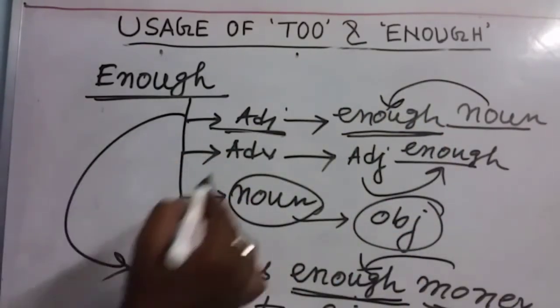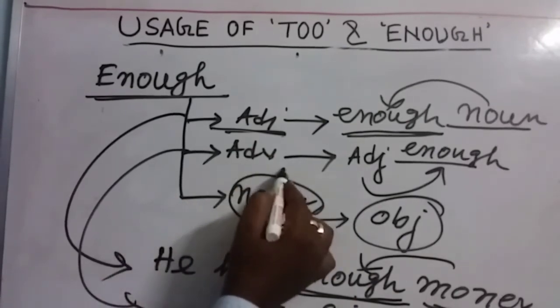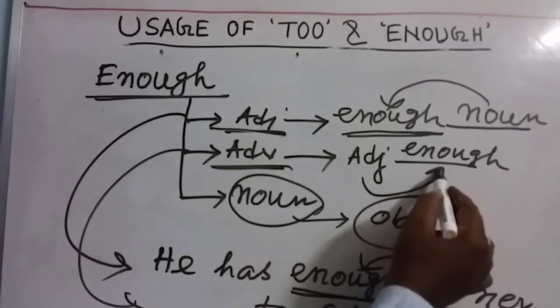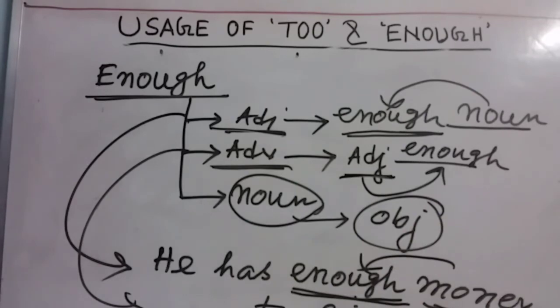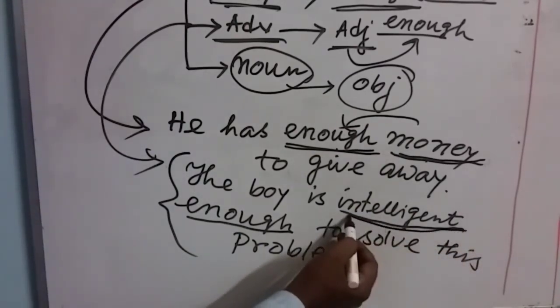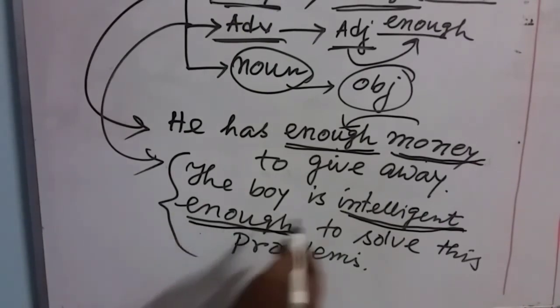In the second sentence, I am just writing down another sentence. So adverb. Whenever this term is used as adverb, we have to place it after the adjective or after the adverb in the sentence. Let's look at this example. So my dear friends, in this sentence you can see I have written here, the boy is intelligent enough to solve these problems. So here this term intelligent, it's an adjective, and enough, this term enough is showing the degree